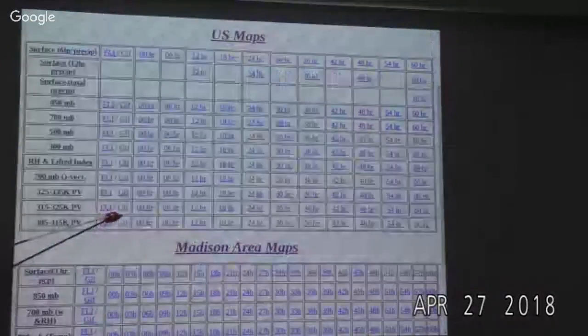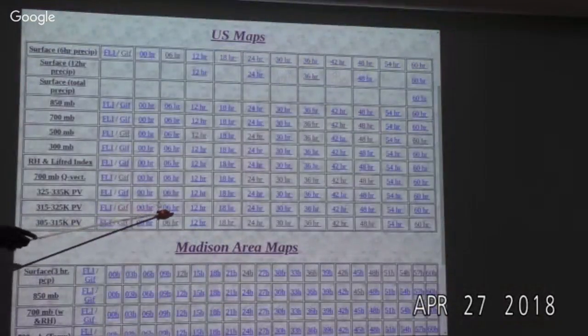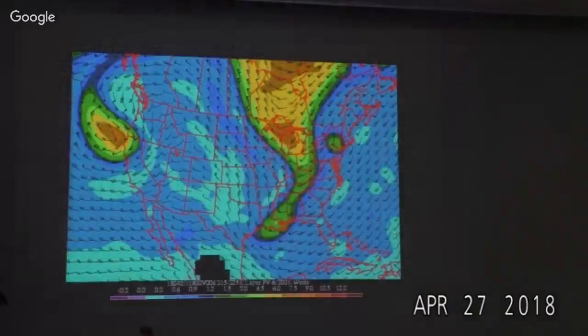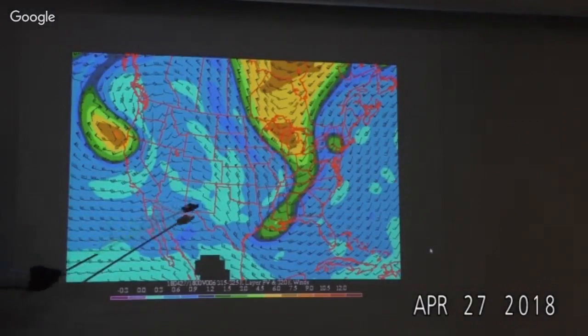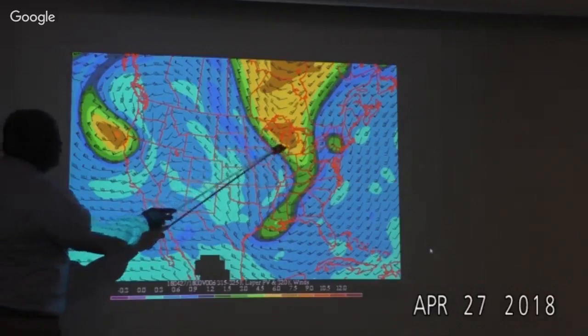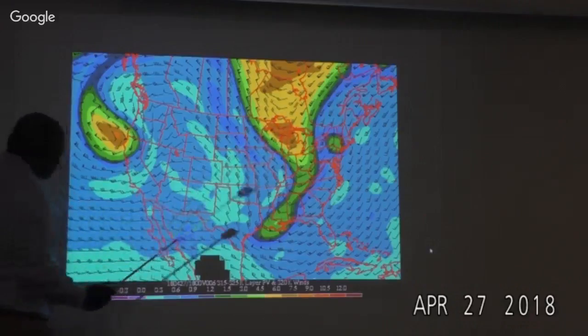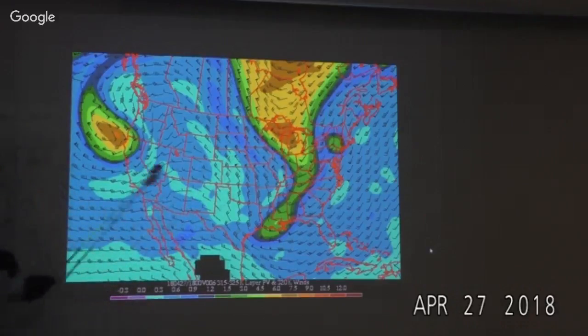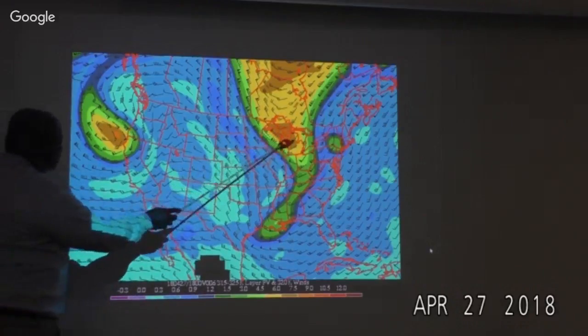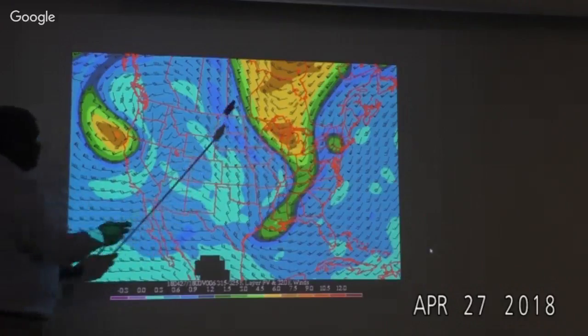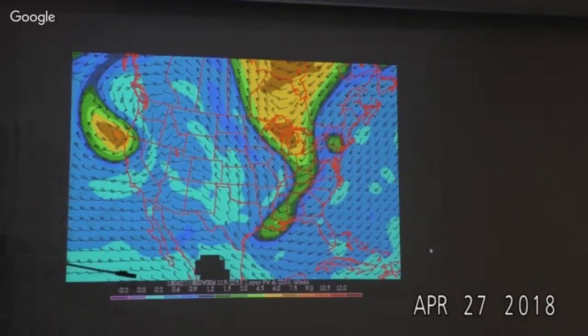Let's start off with our PV. We can actually click forward because this runs a little bit too quickly. So this is potential vorticity in the layer from 315 to 325. And you can see that low of maximum potential vorticity just to our northeast. By the time we get to 6 hours of forecast, this is the current time period. I would also expect with this PV anomaly, you can also see it in the time height section, our stability stratification is going to get a little bit weaker.